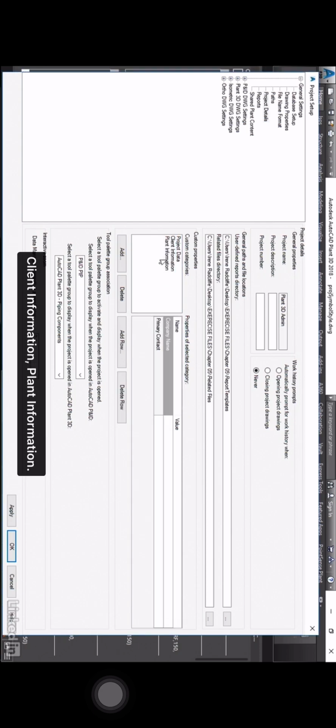So now you see here we have project data, client information, plant information. So now that we have our category, we can come down and add a row. Let's just add a couple of rows here. So let's just do a plant number. And we'll also add a plant manager field. And we'll also add one more. Let's do main